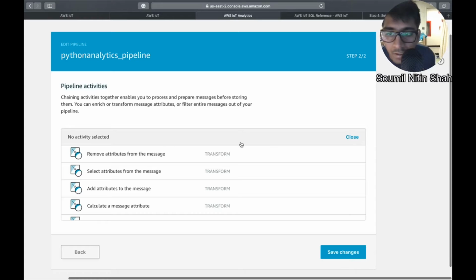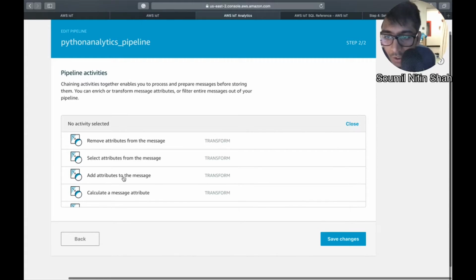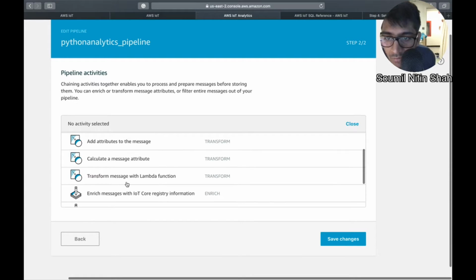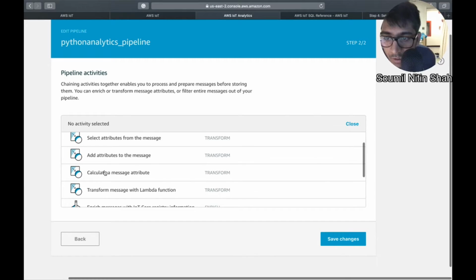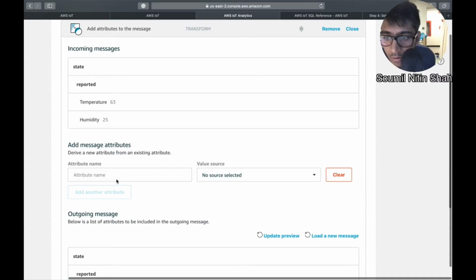So remove add activity. Let's just read what it says. Add attribute to the message. Calculate the message, transform message with the lambda function. So what we want to do is basically add an attribute to the message. So we will say the attribute name,